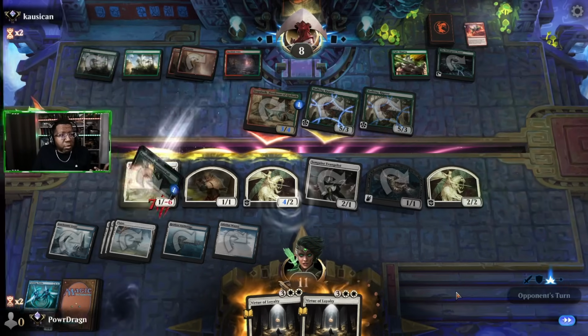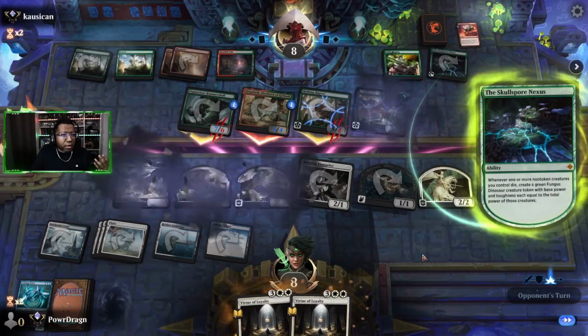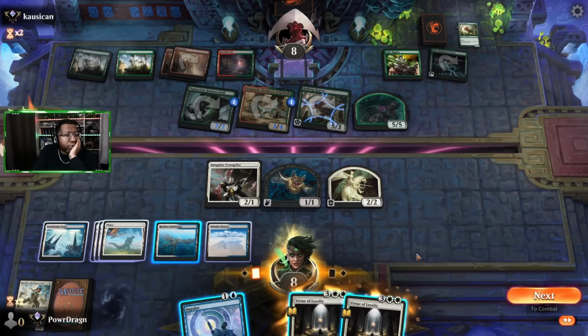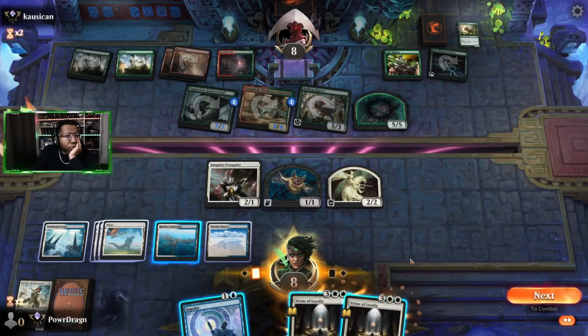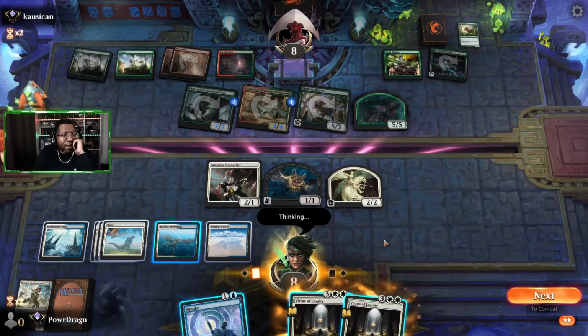They could also still play a blocker here, which wrecks our whole plan, but... Oh, that makes a blocker, though. Oh, crap. Yeah, we're back to the same situation. What's the best we could do here? I'm trying to think, like...